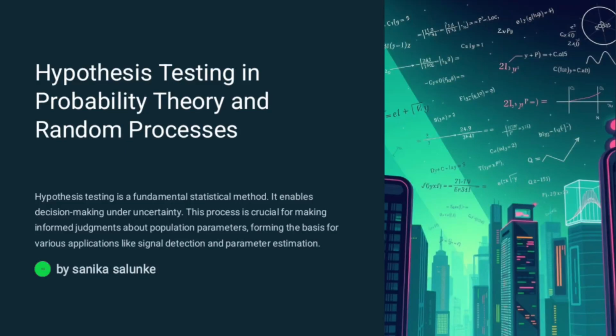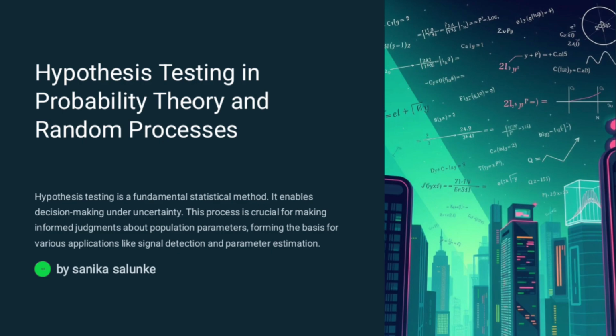Now we are studying hypothesis testing in probability theory and random processes. Hypothesis testing is a fundamental statistical method. It enables decision making under uncertainty. This process is a criterion for making informed judgments about population parameters, forming the basis of various applications like signal